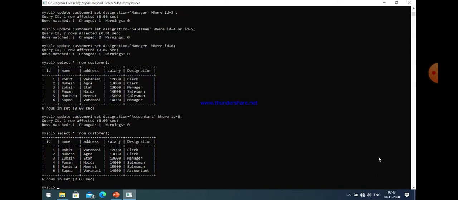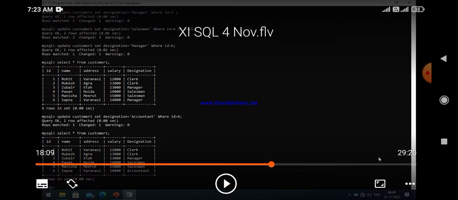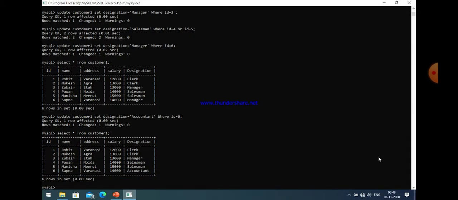Now you can easily see here that is our data. Now that is our table after using the update table command. Now I think you can easily use the update table and alter table commands very well after the explanation of both these commands.